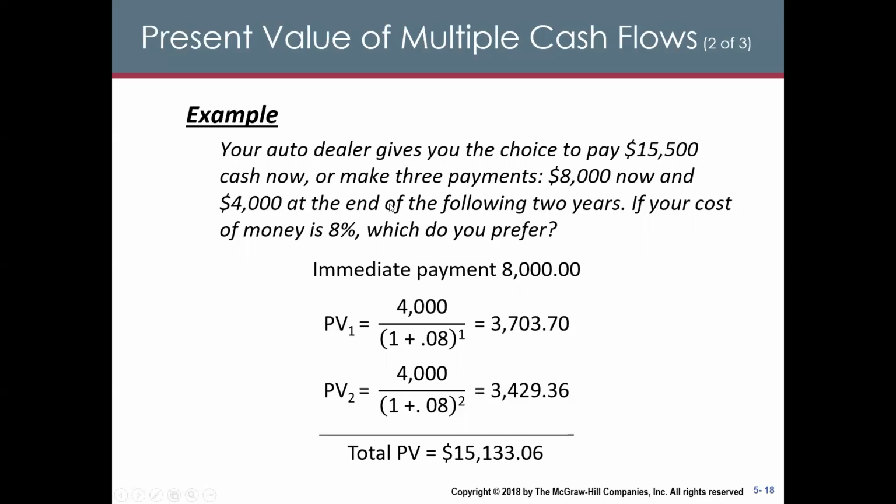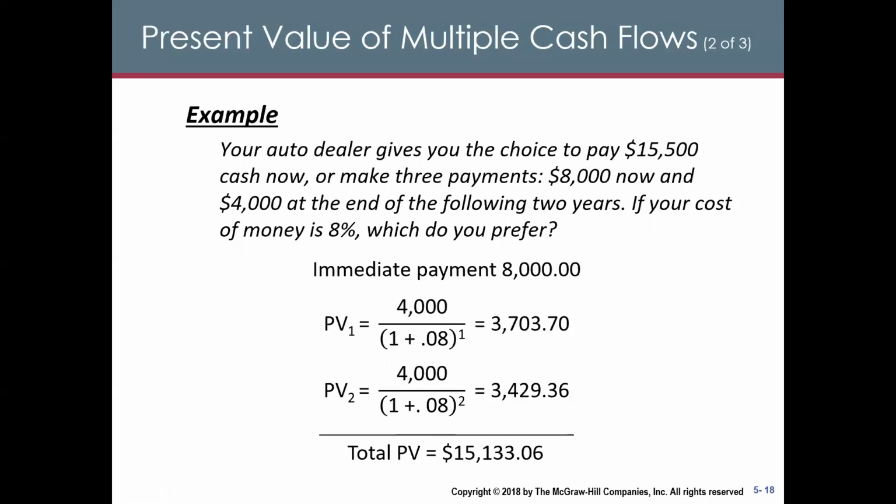And you make another $4,000 payment at the end of the second year, so you need to have it discounted twice. So it's $4,000 divided by 1 plus 8% squared. So this is equivalent to the present value of